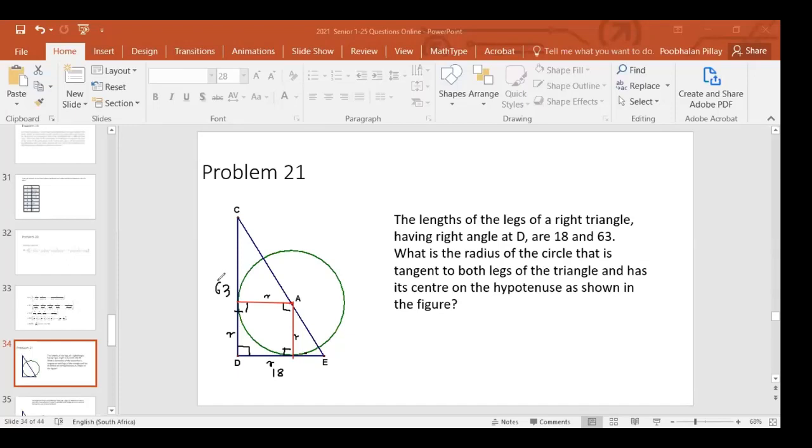Okay. All right, so that allows you now, you got this entire length here is 18. So that allows us to, let me just take this thing out here. And just bear in mind, the full lengths are 18 and 63, which means that I can work out the other part. This part here is 18 minus R. And this part is here 63 minus R. Right?